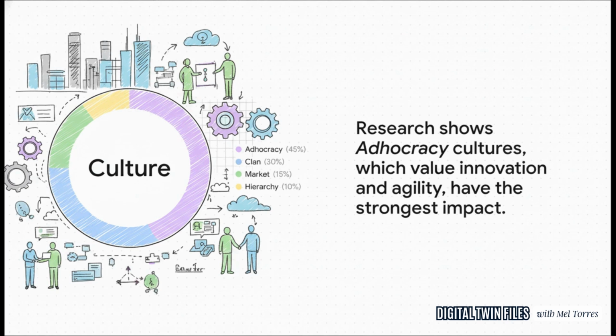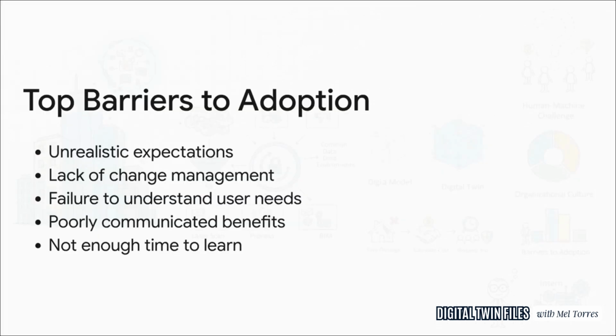And if you look at why these big tech initiatives fail, the reasons are almost always human. It's the same story over and over again. Leadership has unrealistic expectations. Nobody clearly explains why we're even doing this. People's day to day needs aren't understood. And maybe the biggest one, employees just don't have the time to stop their day job and learn a whole new way of working. Any one of these can completely derail a project.